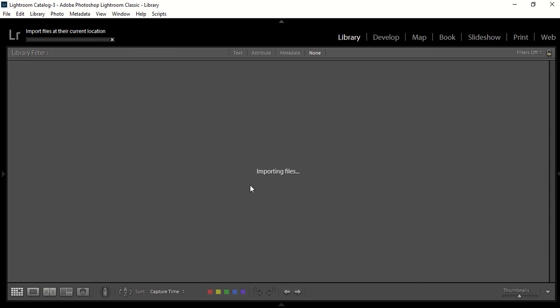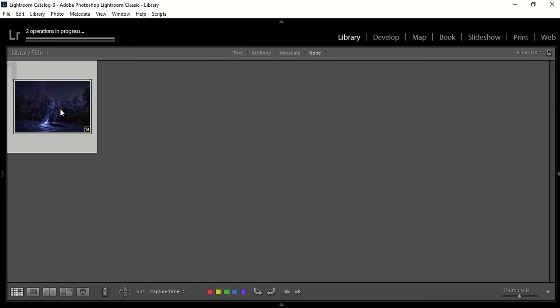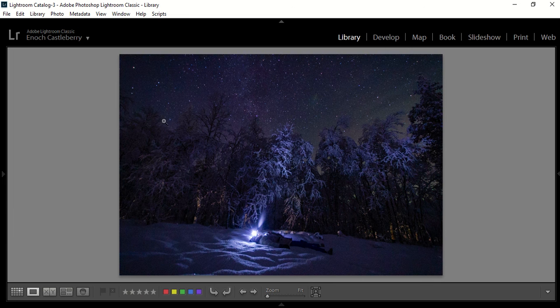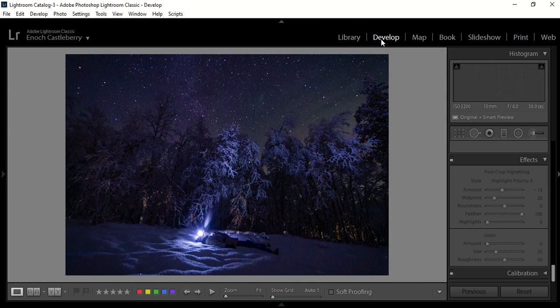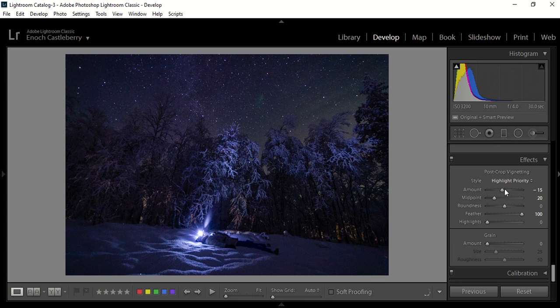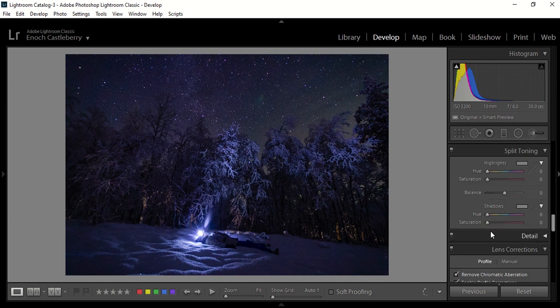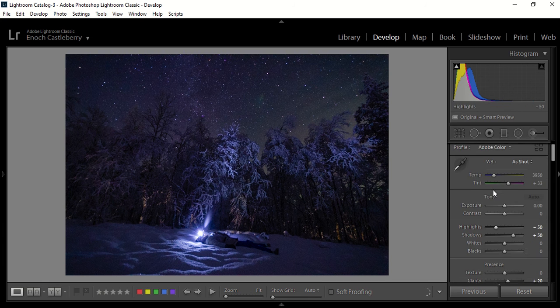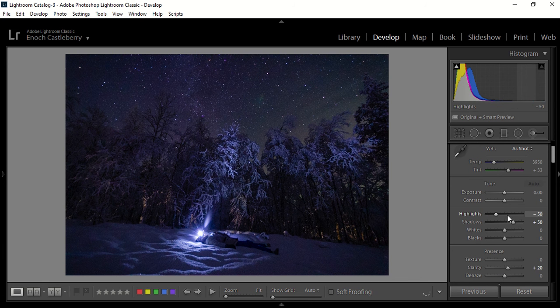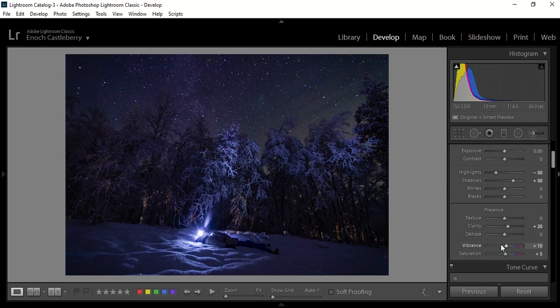Wait a few seconds because my computer is slow. Okay, there we go. So now we can see, if we go to the develop tab, we can see that those adjustments are already made. It's already got those clicked. You can see in the basic panel already made those same adjustments, so it saves me a lot of time,